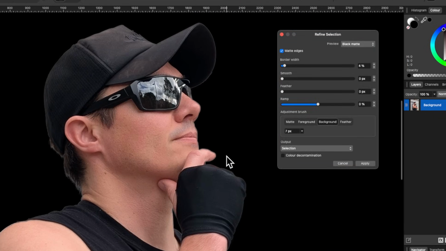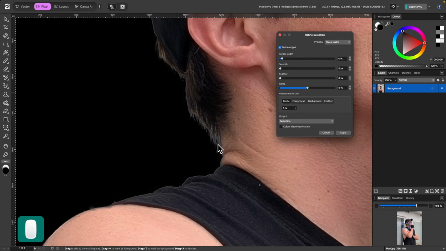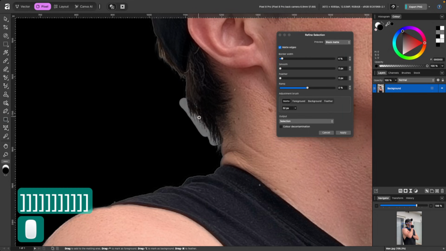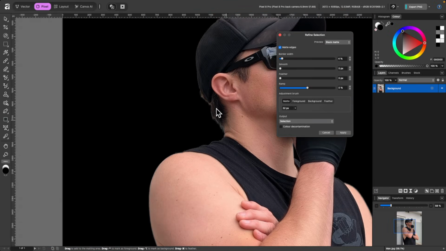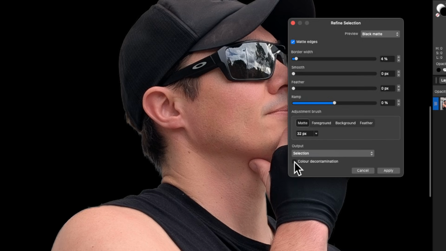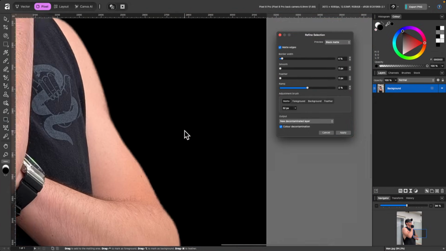You might also be noticing that there's kind of this white outline everywhere. And if we use the matte brush on here, let me make that slightly bigger. If we use the matte brush here, let's see if it works. No, it's not working. Basically, that's your color contamination from the background on the outline there. So we have a button for that. You see here, color decontamination. If I click on that, it completely removes that problem from the side there. So everything's kind of looking good now, isn't it?